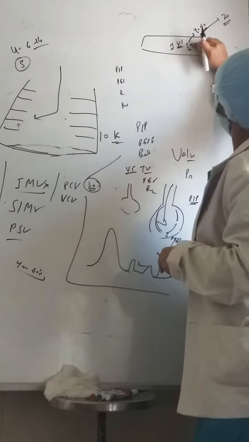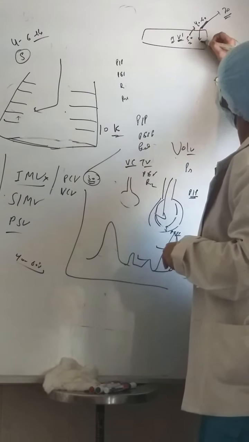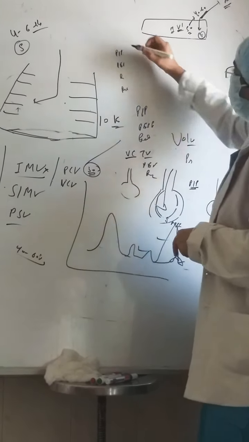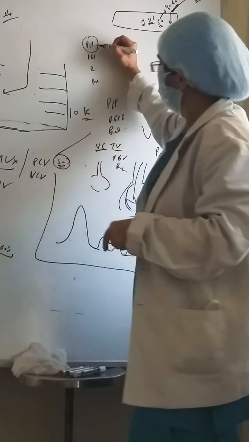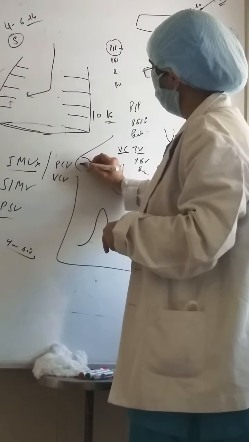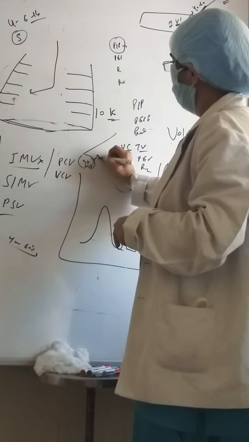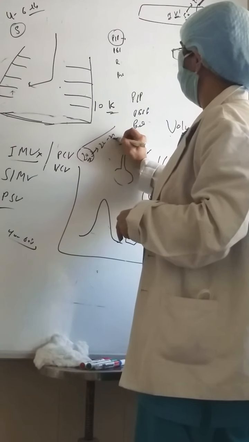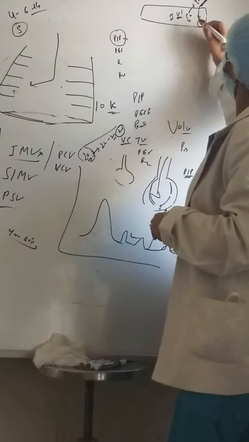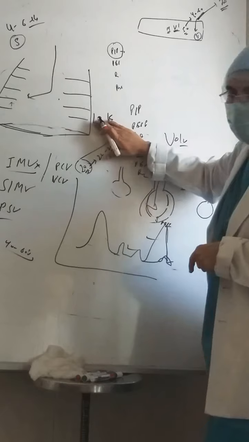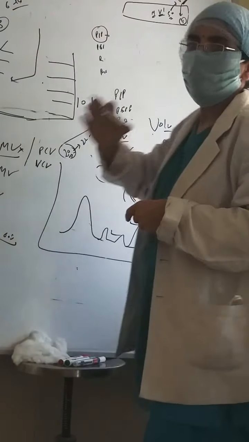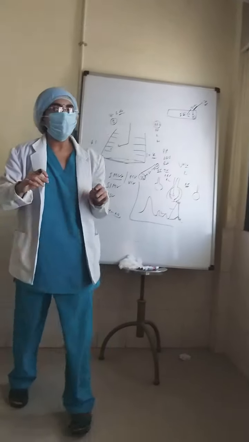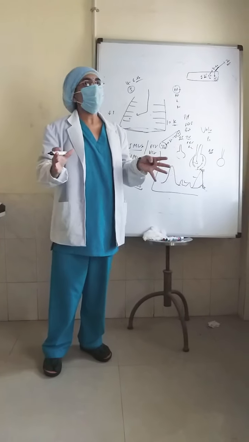If the measured volume is going less than 40, which means it is 30, which means my PIP is less than what is required. You can further go on PIP. Suppose initially you have set a PIP of 20, you can go up to 22, 24, 25. Beyond that, even if it is not rising, then stop it here. Don't just go on increasing PIP, because we have other parameters also which need to be set.